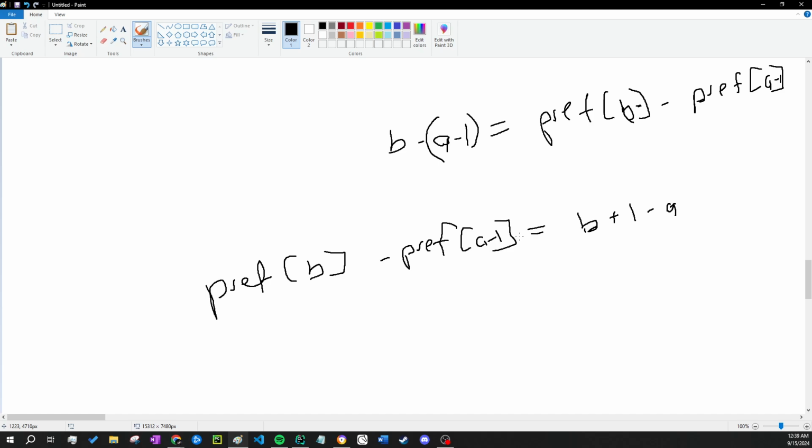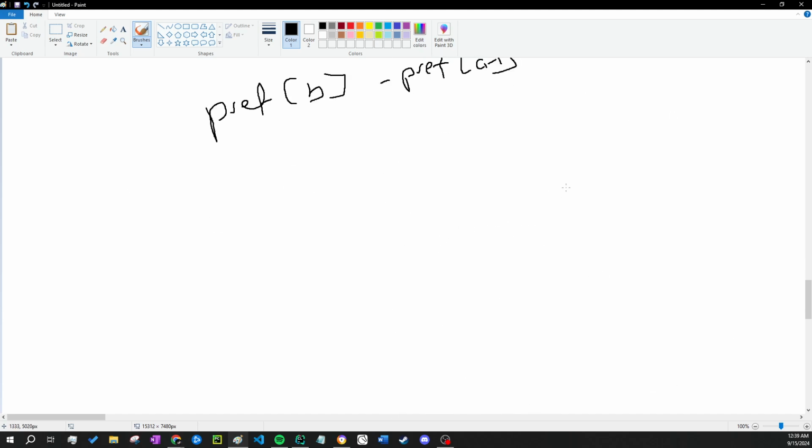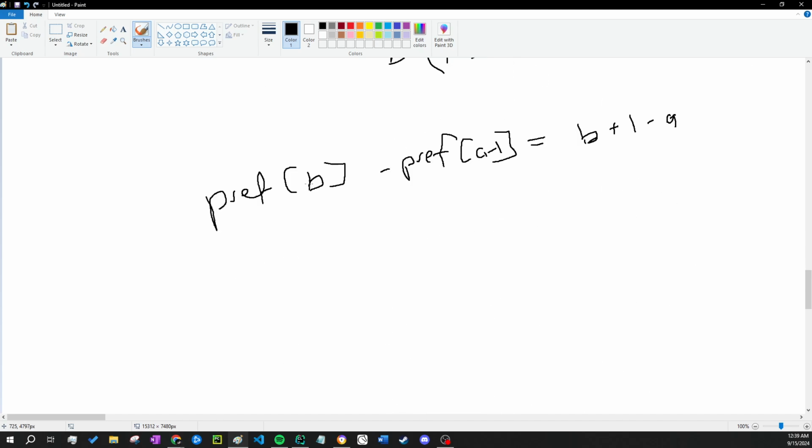Is this formula true, by the way? Let's say in a case where it's all ones. Well, I believe I can see it being true, to be fair. Can I explain why this is true? This is just proof by intuition, which is probably not good. It's probably not a proper proof method.